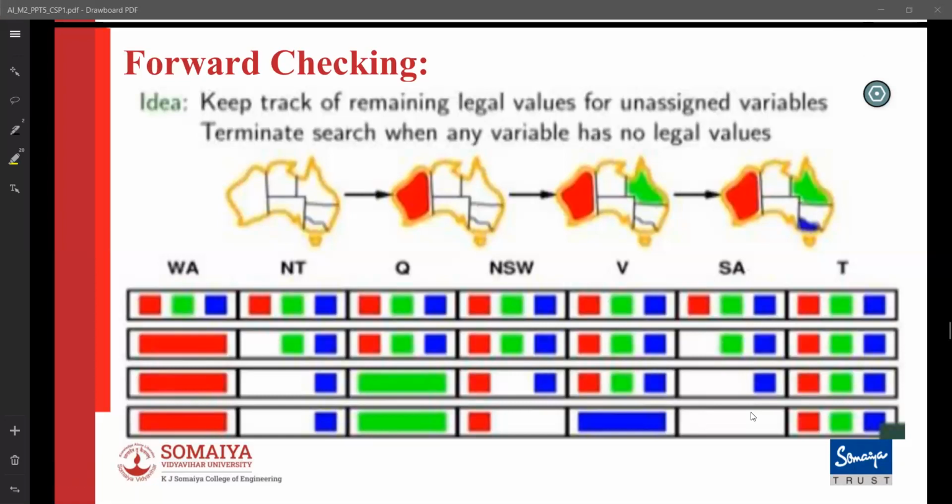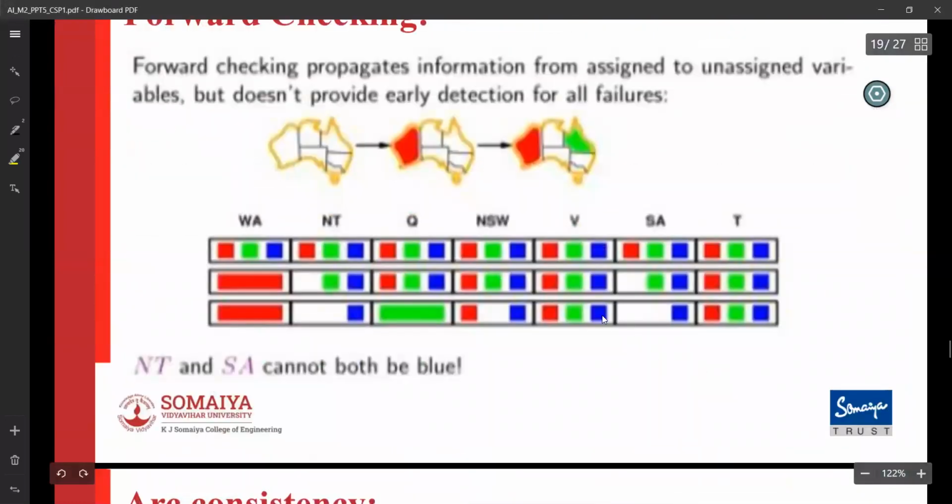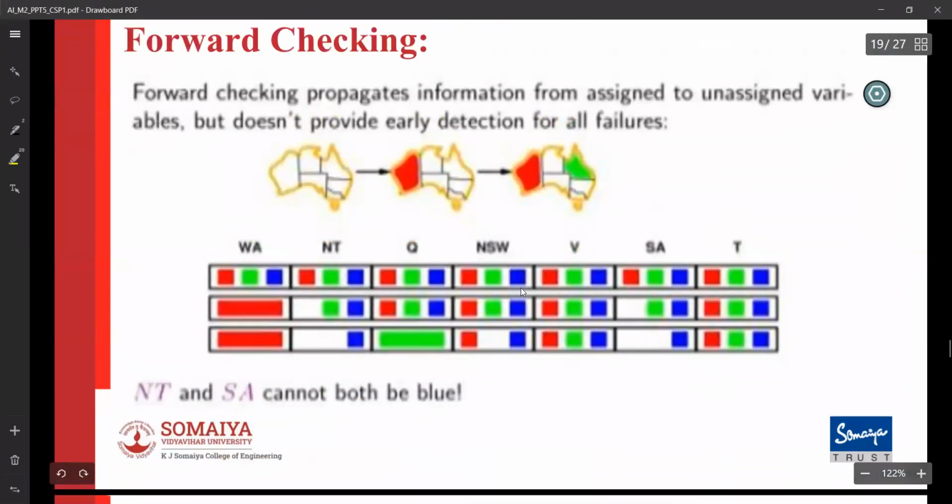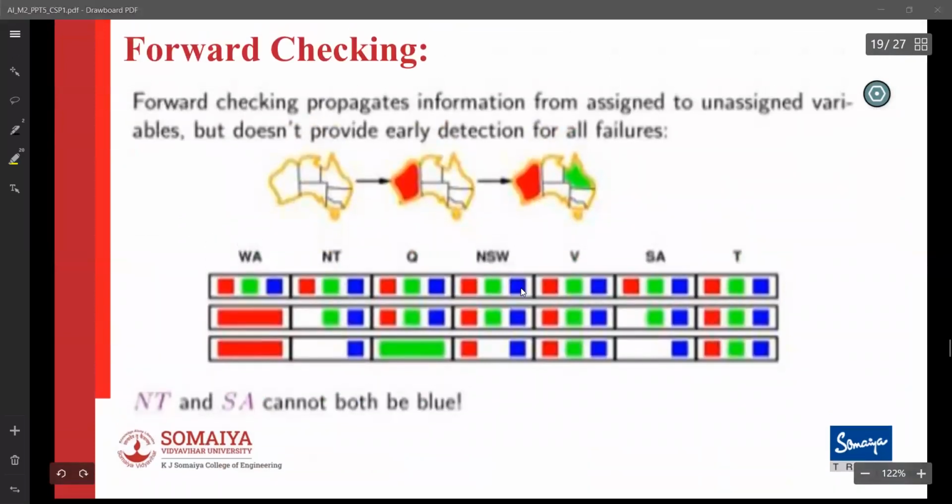So you can see in this state, there is no possible value. We will backtrack and go here again because that state is not possible.